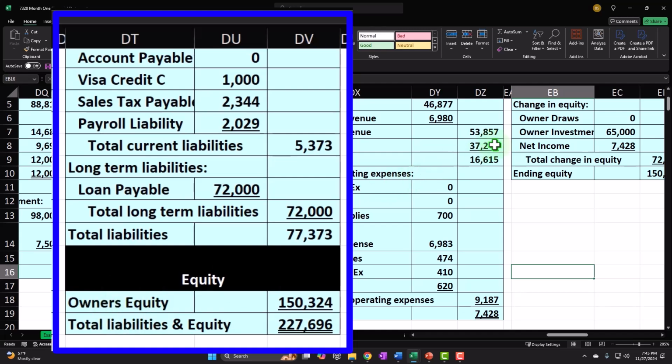And then they'll also break out the draws and the investments in the equity section of the balance sheet. So you'll basically have the whole statement of equity in the equity section of the balance sheet. That is useful because it's easy, and that's why QuickBooks does it, and so does Xero. Most online software does that, but it causes problems at the same time, because if you're a partnership, for example,